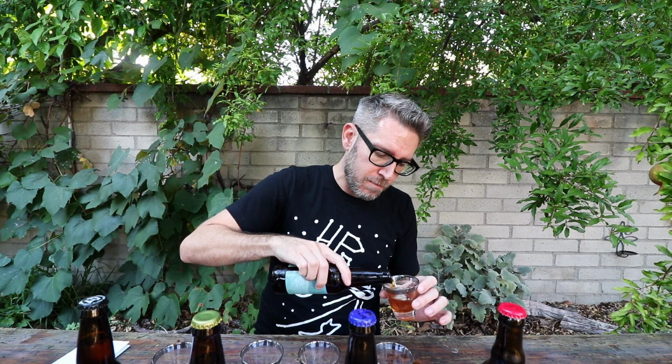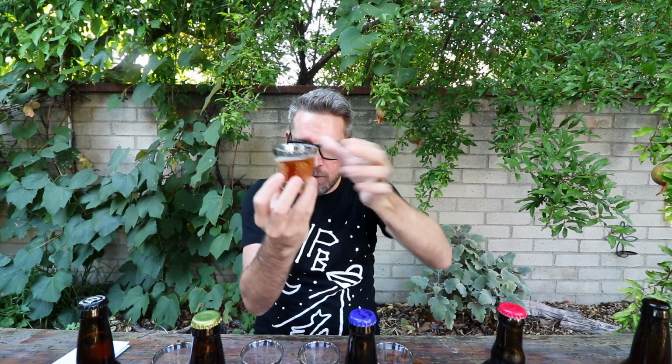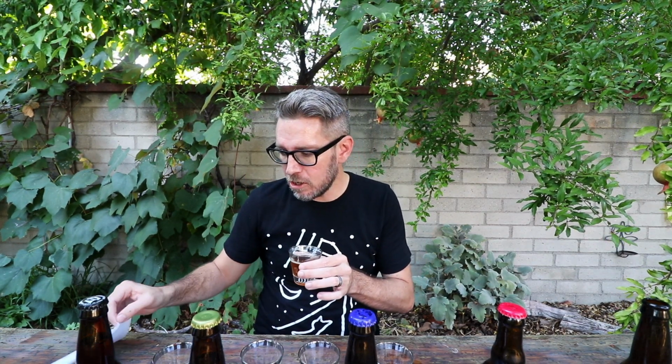So they did say there's maybe a little bit of a dark caramel to this. It does seem a little on the darker side. My glassware is going to be dirty for days. Don't worry about that though. So yeah, the appearance is pretty cool. It's like this cool sort of orangey look to it. The dry hops aren't coming through a whole lot, but I got to give a little bit of